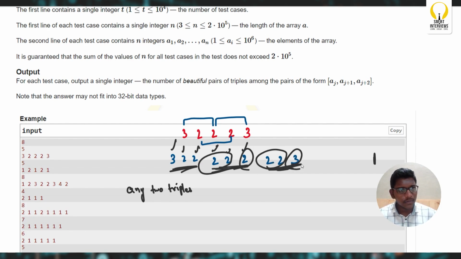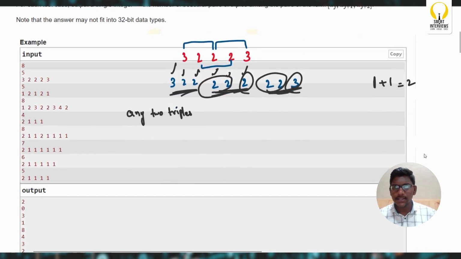Okay, which is as expected. So we can consider this as a second triple, which is 2. That's it. We have checked all the possibilities. So our answer is 2, which is as expected. Now we'll consider, let's say, this test case